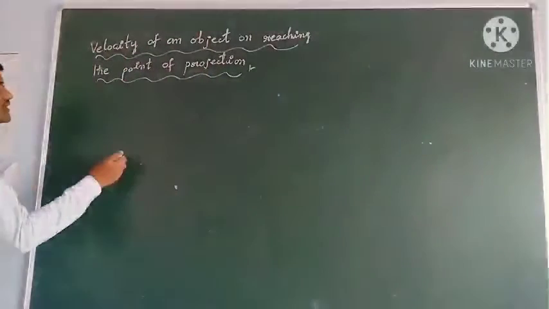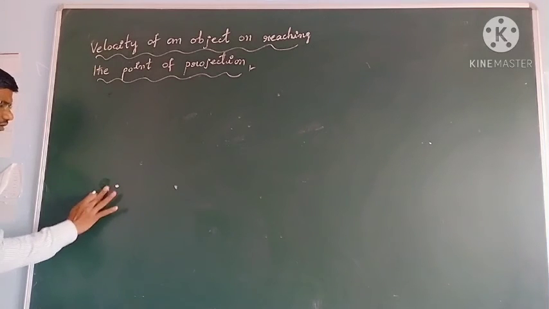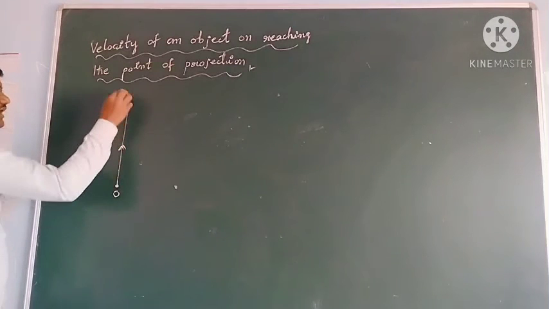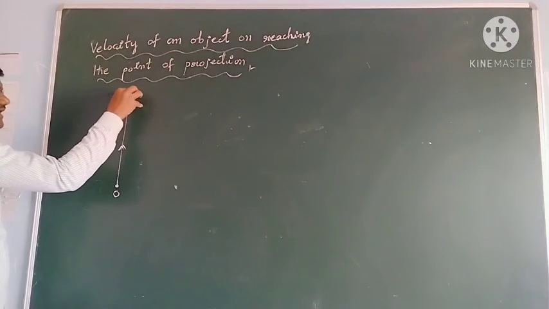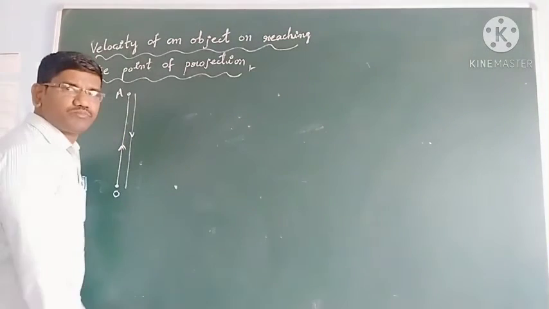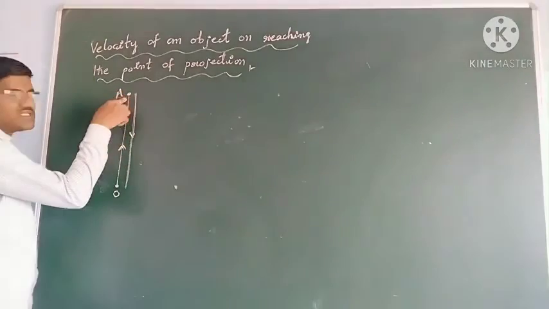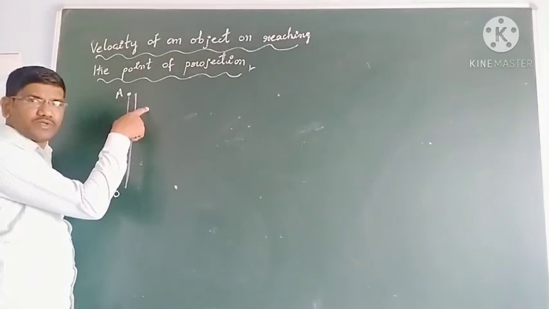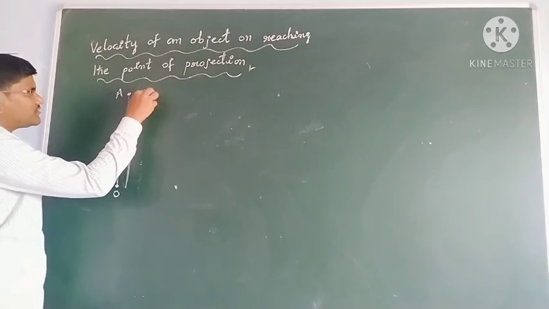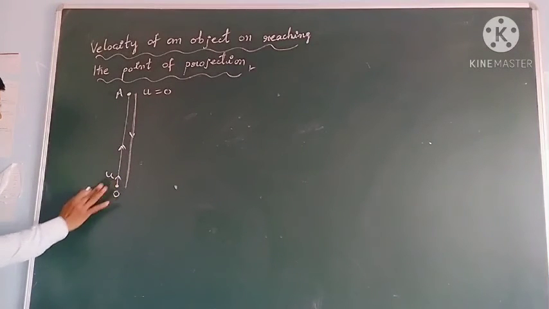Okay students, see, so this is the point A or O. From this point we projected the object vertically up and it has reached A, and again it will fall down in the same path, but for our convenience we are drawing the second line. So during the reverse journey, since it has reached the maximum height, its final velocity there is 0. While coming in the downward direction its velocity goes on increasing, meaning it starts from rest again. And we projected from here with an initial velocity u.